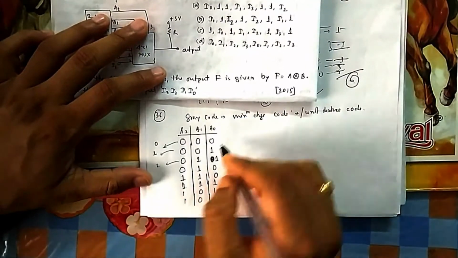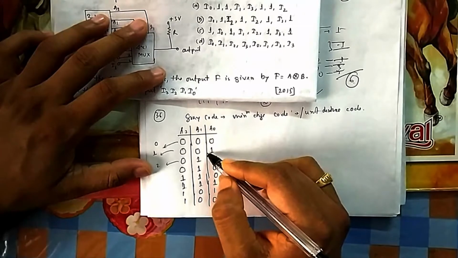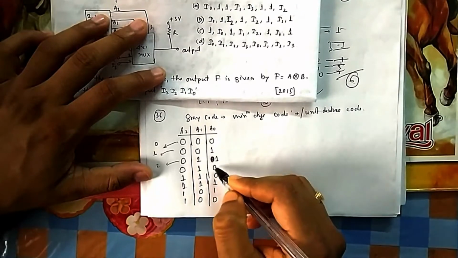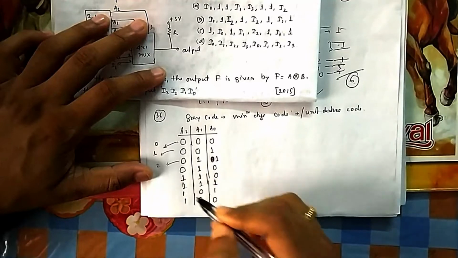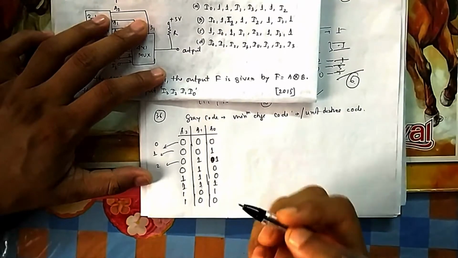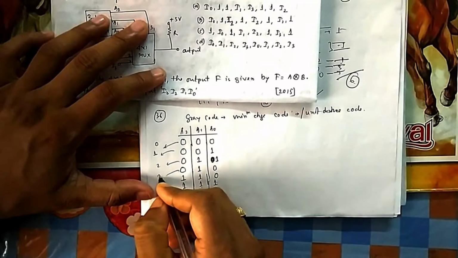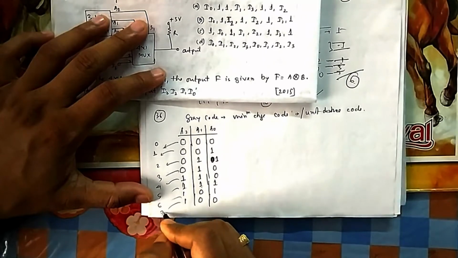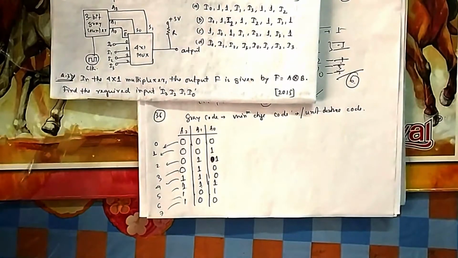So these are the states. You can see that from one state to another only one change is there. Here only this one changed, here only this one changed, and so on, so only one change is there. So it is my equivalent 3, it is my equivalent 4, it is my equivalent 5, it is 6, it is 7. So there is little change in gray code. That's why it is known as minimum change.